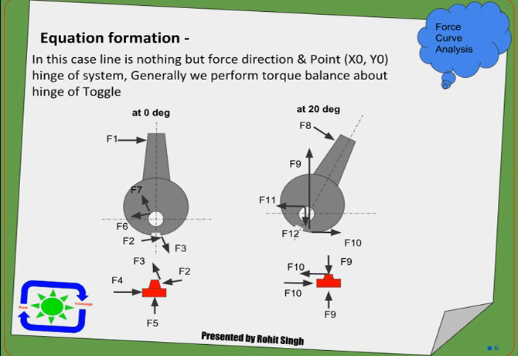So now we have a free body diagram. Now we can start creating the equations. In this case, the line is nothing but the force direction. Whatever the free body diagram is telling us about the force direction, we need to form the line in that direction. And the contact point is nothing but the component on which forces are acting, like F1,